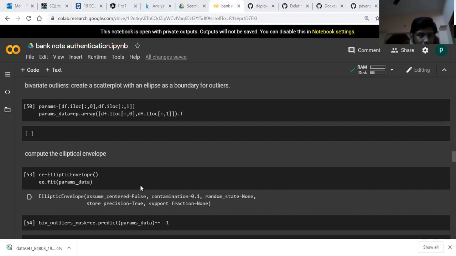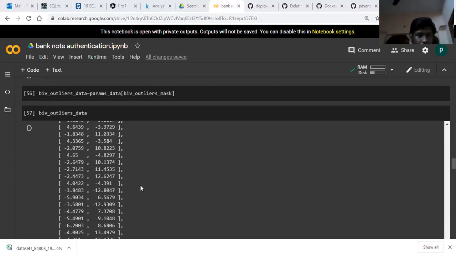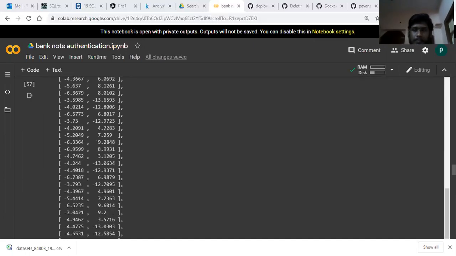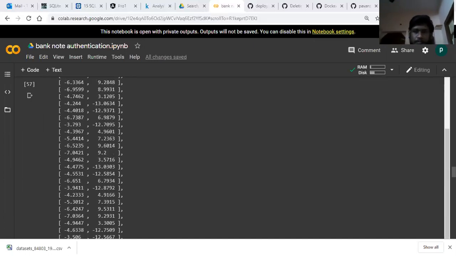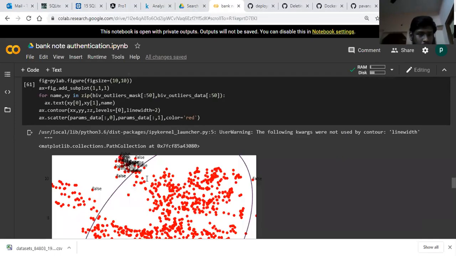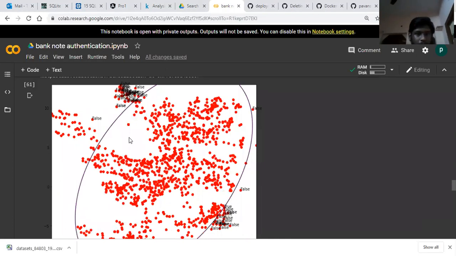Based upon the data, it draws an ellipse. This is the decision function to create the ellipse, and this is the figure. The points outside the ellipse are called outliers.